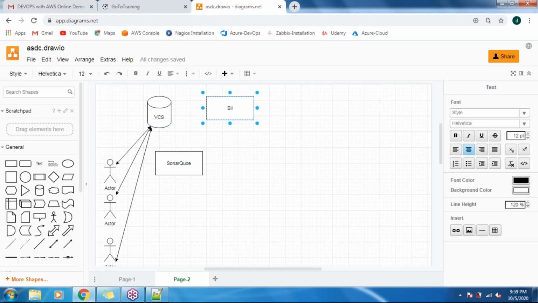Why are we using this build tool? In order to make the code an executable code, guys, right? Okay,